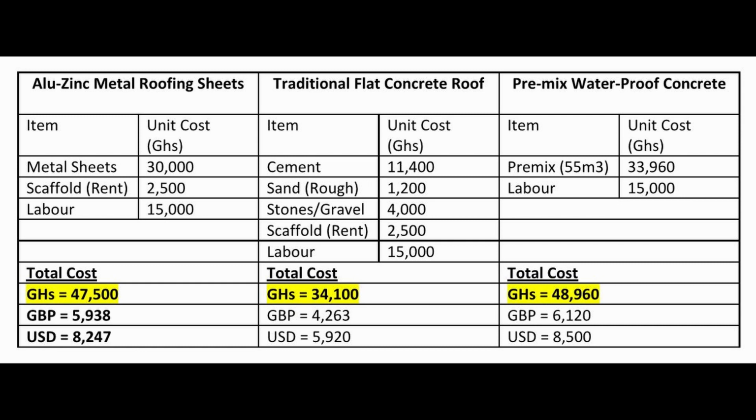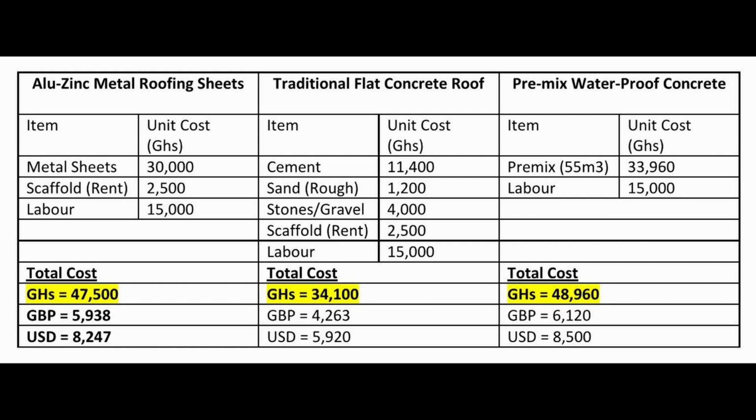I've done a cost comparison for you, and you can see that the aluminium zinc for our roof, which is about 180 square meters, 55 cubic meters in volume, the labor and the materials, are about 47,500 Ghana cedis. There's a conversion there to show you what that is equivalent in pounds and in dollars, also for our American viewers. The traditional concrete was 34,100 Ghana cedis. And the premixed concrete, which we opted for to give us peace of mind in terms of water leakage, was